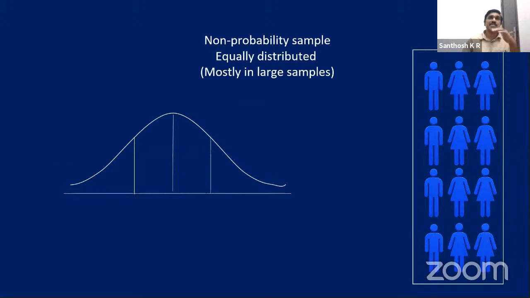If we are taking a large sample, there is a law of large numbers. It shows that a large sample will tell us something about the population. Then we can assume that the curve may be like this. For example, if there are 3 lakh people and we are collecting data from around 50,000 people, imagine.